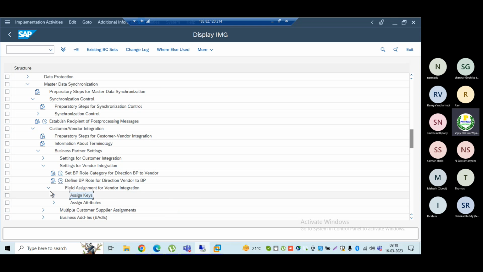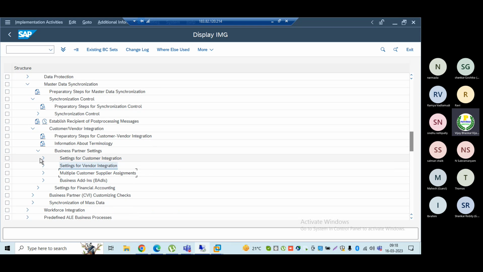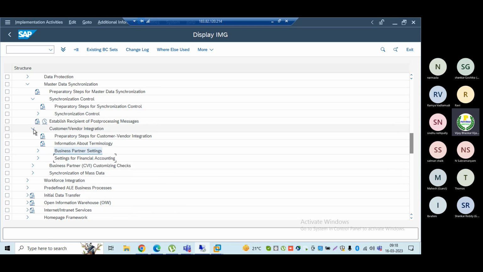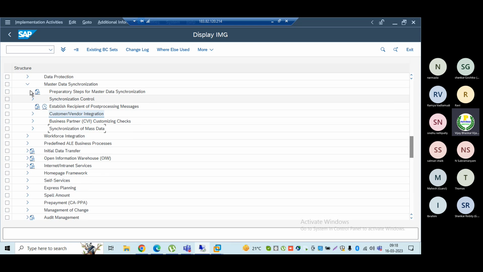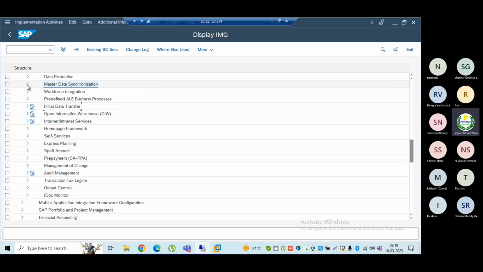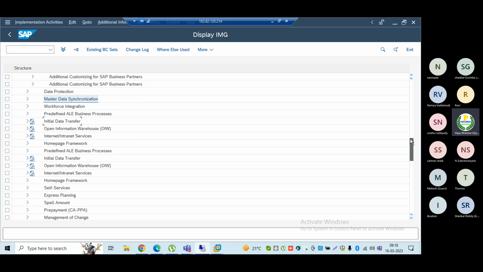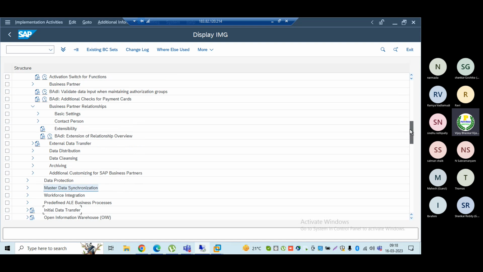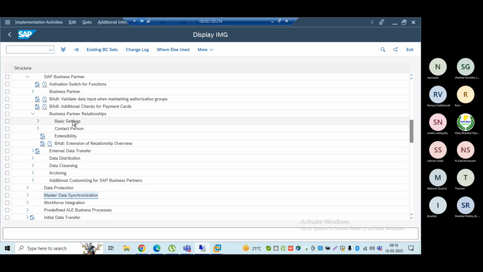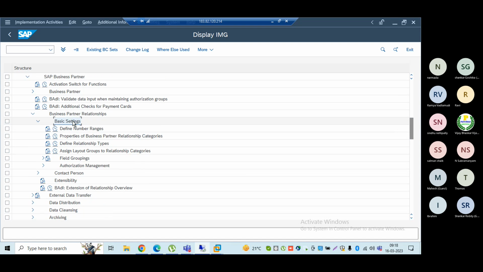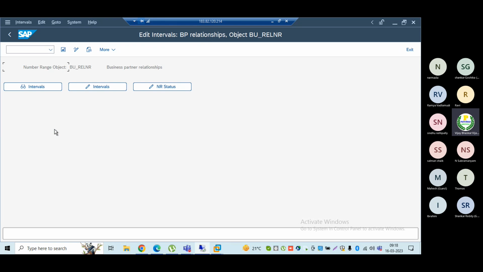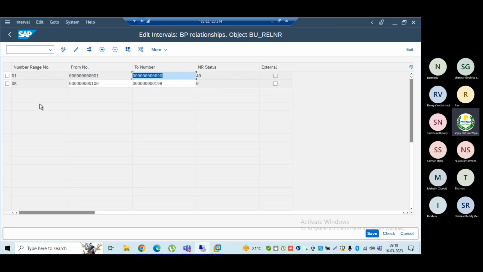Before going to this one, I require the business partner BP number ranges. I need to have a separate group, and separate number ranges for business partner also. Then business partner basic settings, define number ranges first. Define number ranges integration. Number range 01.